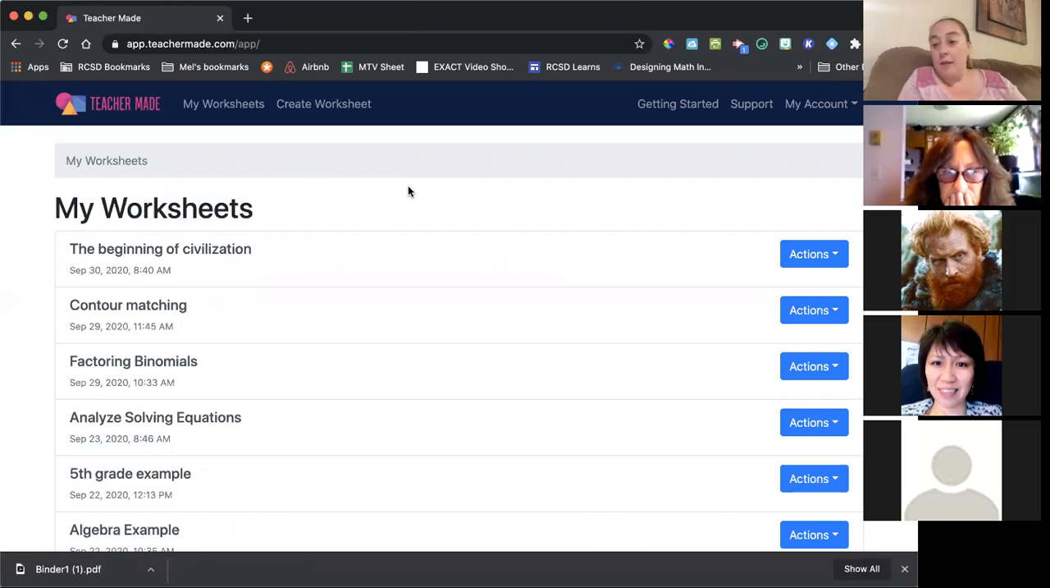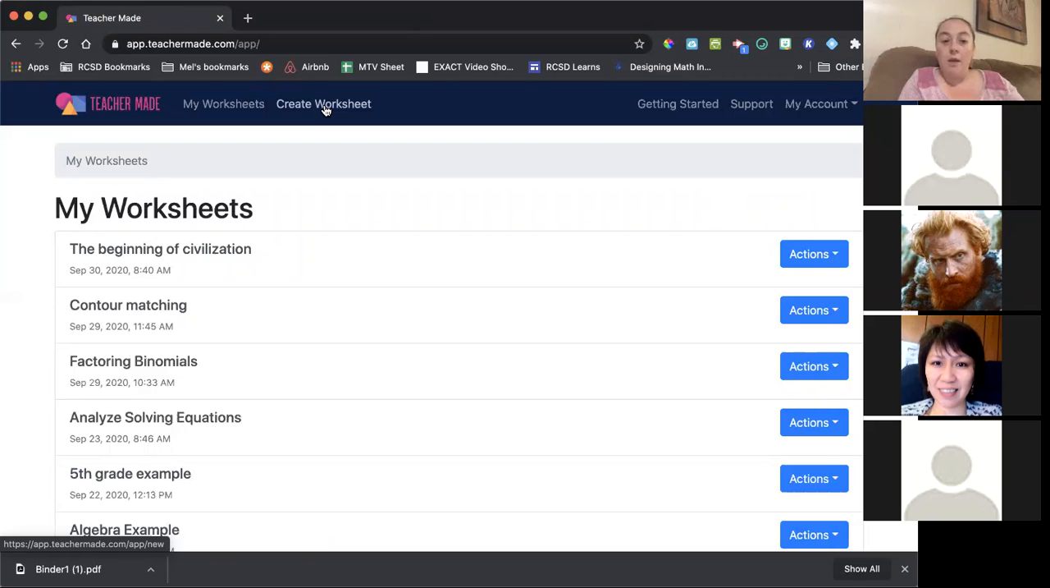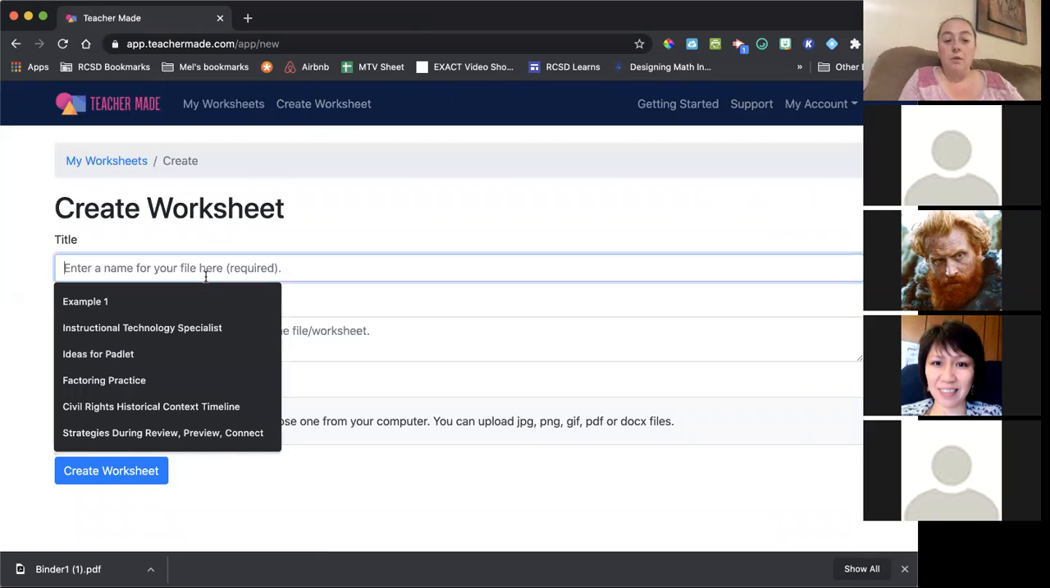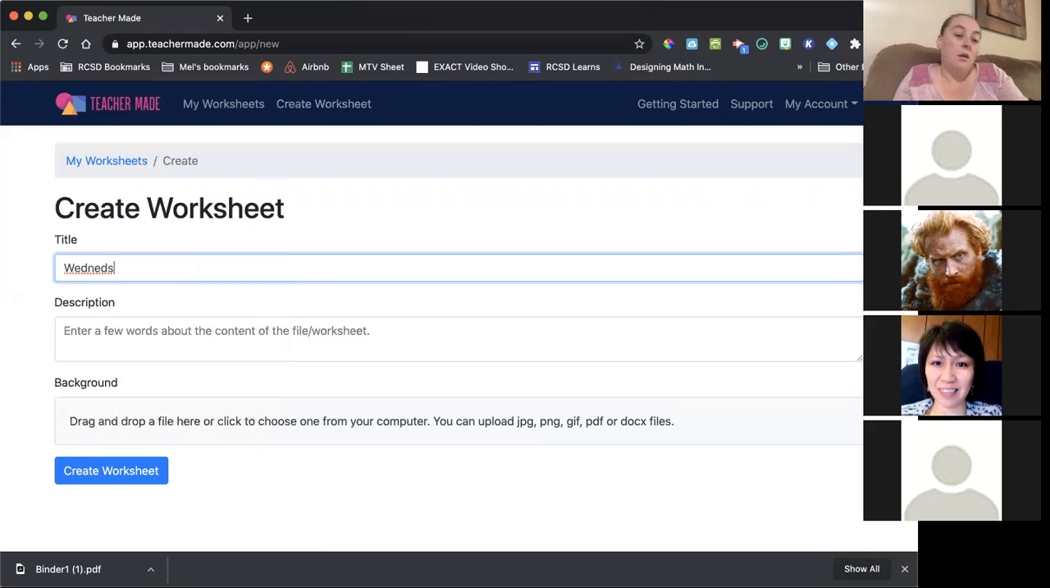So I want to get started. Here's my worksheet, but I'm going to create a worksheet. Create a worksheet just means I'm going to upload a PDF. So I'm going to click create worksheet. First thing I want to do is title it. So I'm going to title it, Wednesday